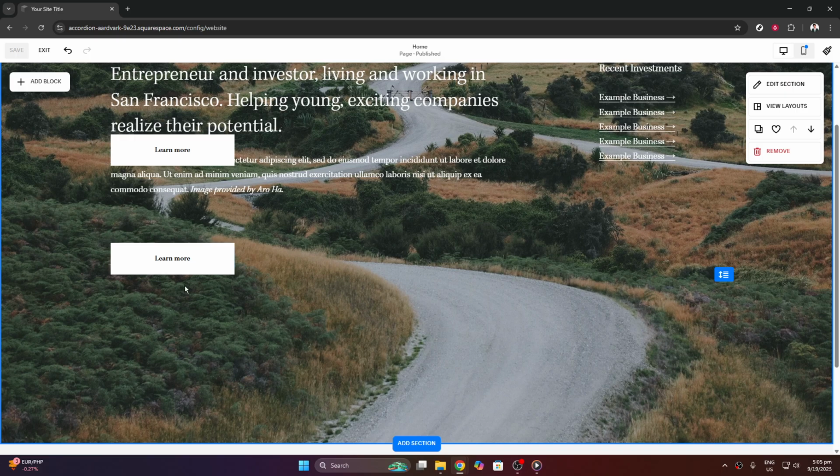By following these steps, you've customized a part of your Squarespace website successfully. Remember, exploring these tools further will open up even more possibilities for refining your site to reflect your style and meet your goals. Keep practicing with different blocks and configurations, and soon enough you'll become proficient in creating a professional-looking